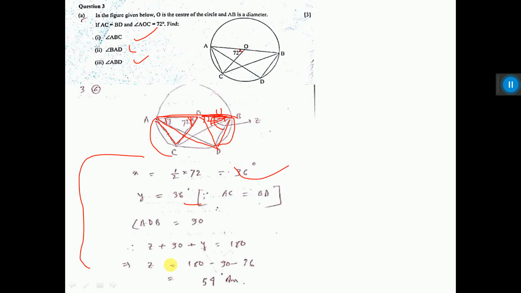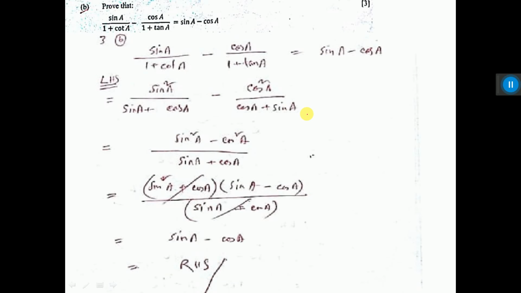Then next is z. How to find z? So the technique is you just write z plus 90 plus y. See here, z means this total angle plus 90, this one is 90 degree, and y, because this is the diameter and this is the circumference containing angle. So the angle on the diameter is 90 degree. That is why in this triangle ADB I have written this thing. You have to write in triangle ADB, then you put the value of y, then you will get z, means this angle. So this is done.